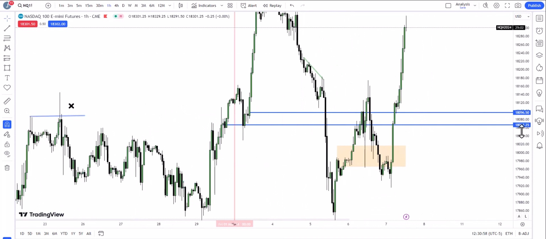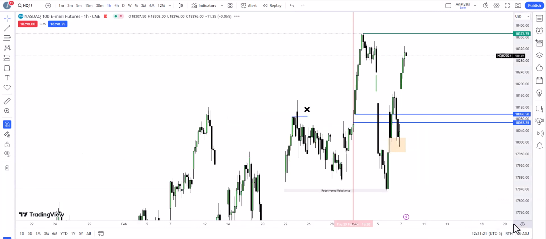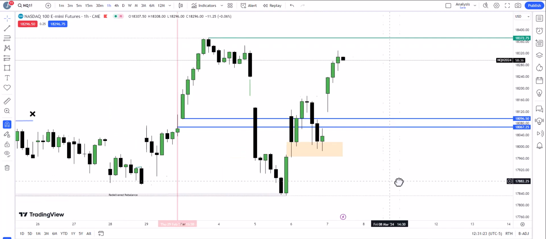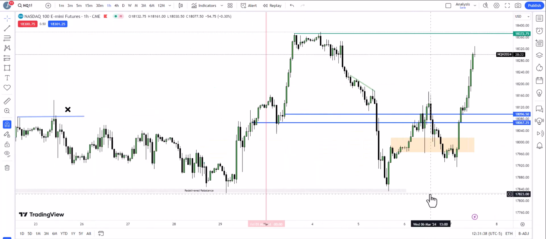I'm going to show you a little trick here that I learned from ICT himself. In one of his videos, he shows this behind-the-looking-glass effect of the market, like X-ray vision. We're looking at the electronic trading hours chart here, but when you put the chart into the session format of regular trading hours, you can see on the 1 hour a volume imbalance right there. Price came into it, bought up here. Also here we have a volume imbalance, price came away from there, and we have one here. And when you switch back to the electronic trading hours, you can see